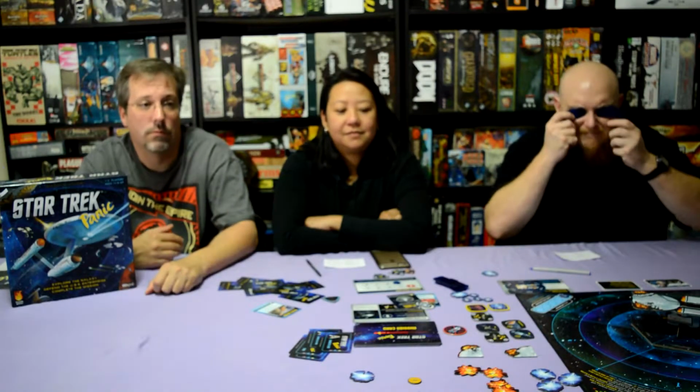Rulebook. I gave Rulebook a 3. I figured it's just an average rulebook. We were able to sit down while we read through it, and we were able to play it. We did have to look up a few things, but nothing really major. The only thing that I think they could have explained better was when the enemy ships move and fire,